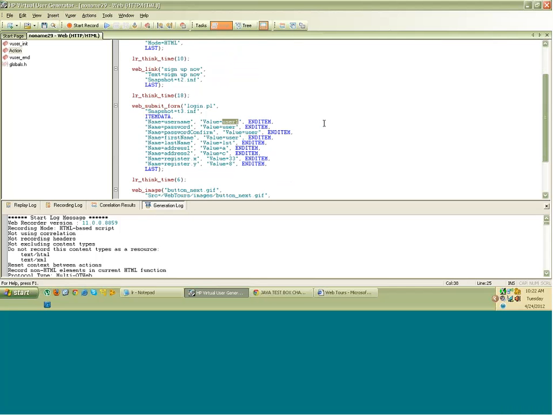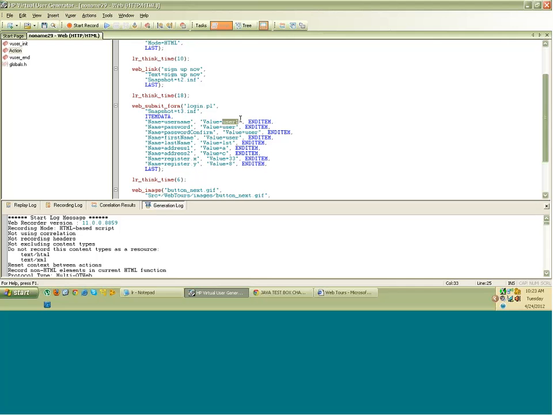Other scenarios could be: suppose you have an application with multiple roles. For example, it is a role-based application. Admin can log in, guest can log in, a normal user can log in. For all the logins, you see different pages. If you have to test the login functionality for this application, you have to make sure that you provide login IDs for all roles so that everything can be checked. For that, you can either create 3 scripts for 3 different roles, or you can have one script and provide 3 different data sets from an external file, and run the same script. With the same script, you can test 3 different sets of